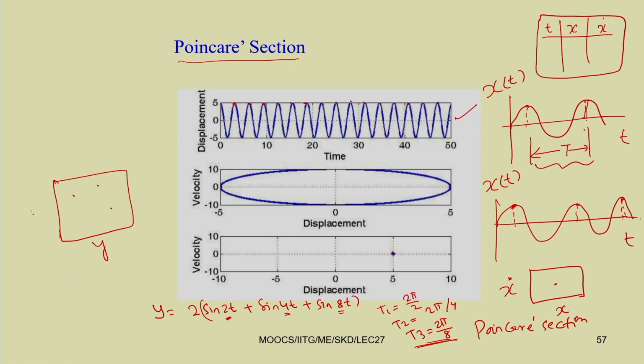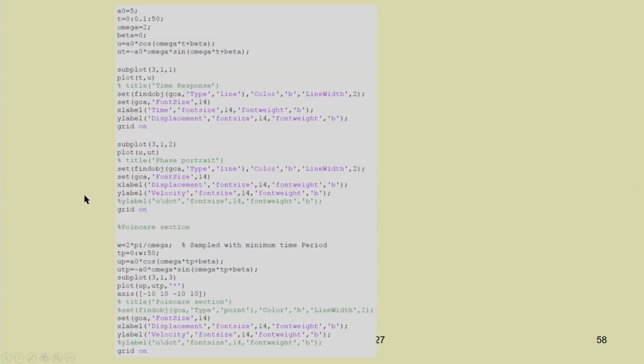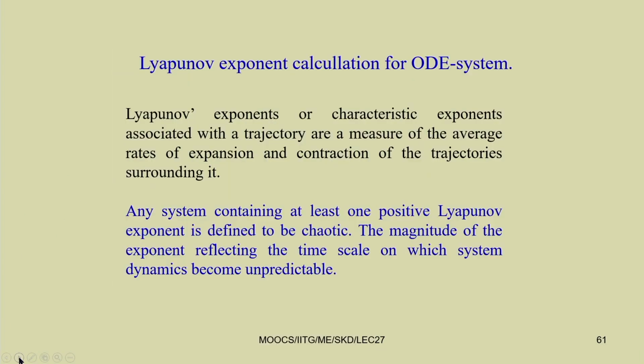If you plot y versus y dot, you have only 3 points. So, you can get the Poincare section with 3 points for that case. Let us see another term which is commonly used in case of the nonlinear system, that is the